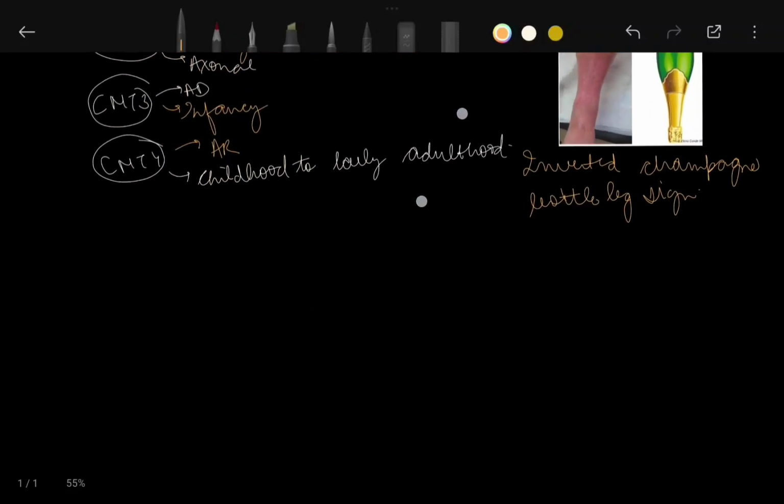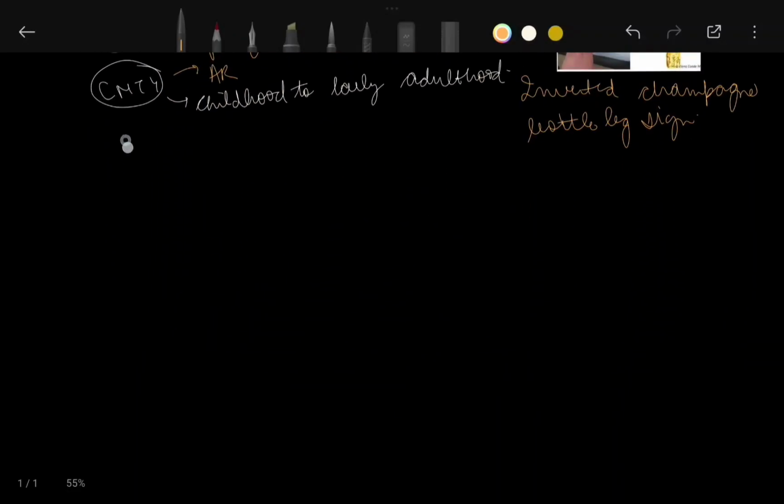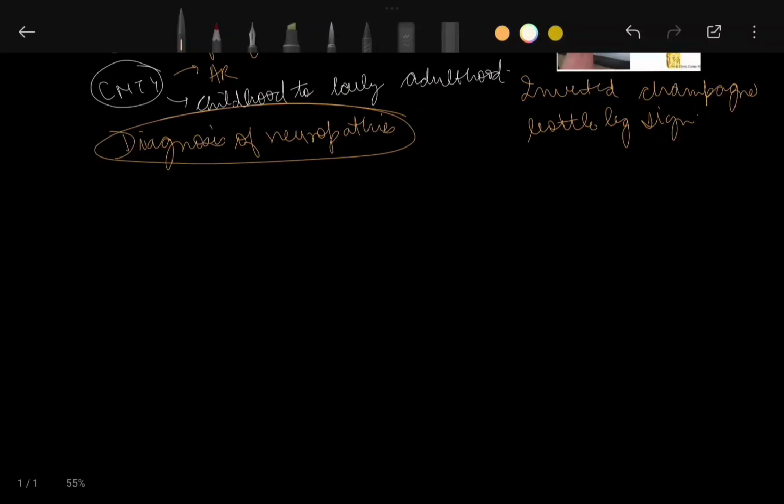Now coming to the diagnosis of neuropathies. In the diagnosis of neuropathies, the investigation of choice is nerve conduction study. Nerve conduction study is the investigation of choice. In this, a 10 gram